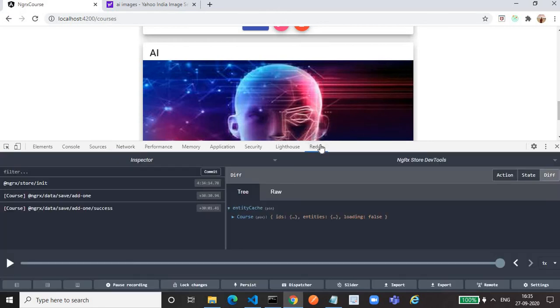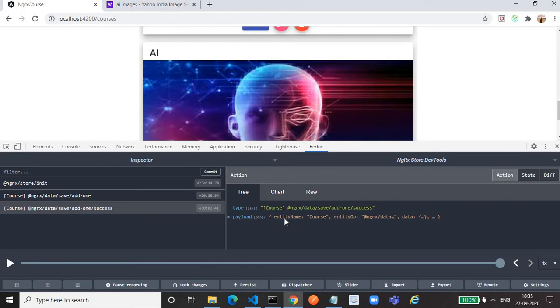If you go to our Redux, you will see the add one action is triggered for the database operation of inserting that new record, and then success is triggered for updating that course into the store.